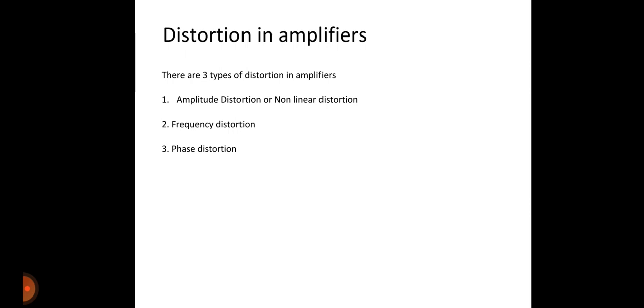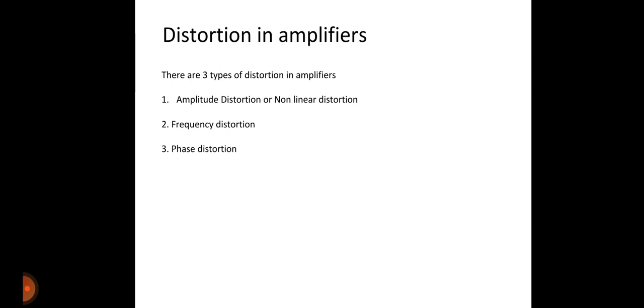It occurs because signal components of different frequencies are amplified differently in either the transistor or FET. So actually, the gain of the amplifier is a complex number whose magnitude and phase angle depend upon the frequency of the impressed signal. If the frequency response characteristic is not a horizontal straight line over a range of frequencies under consideration, the circuit is said to exhibit frequency distortion over this range.